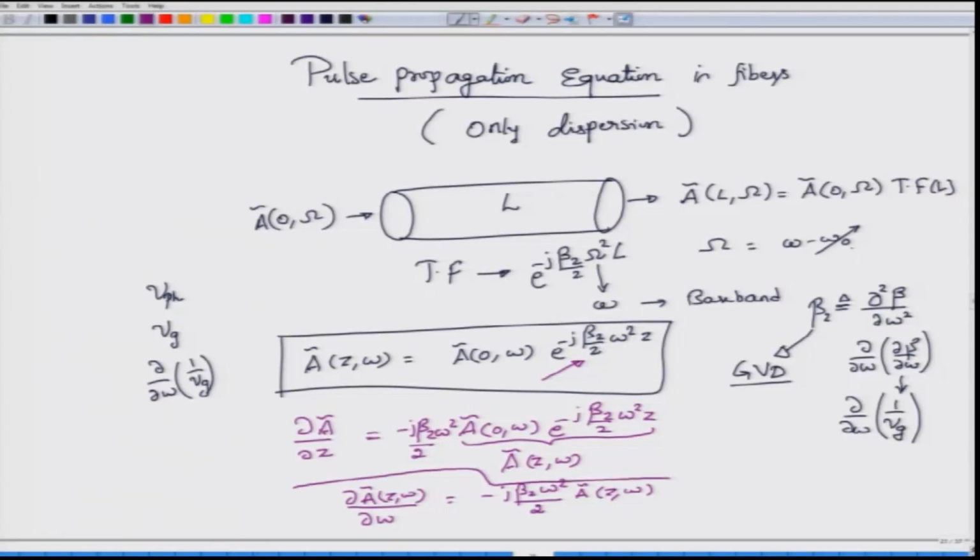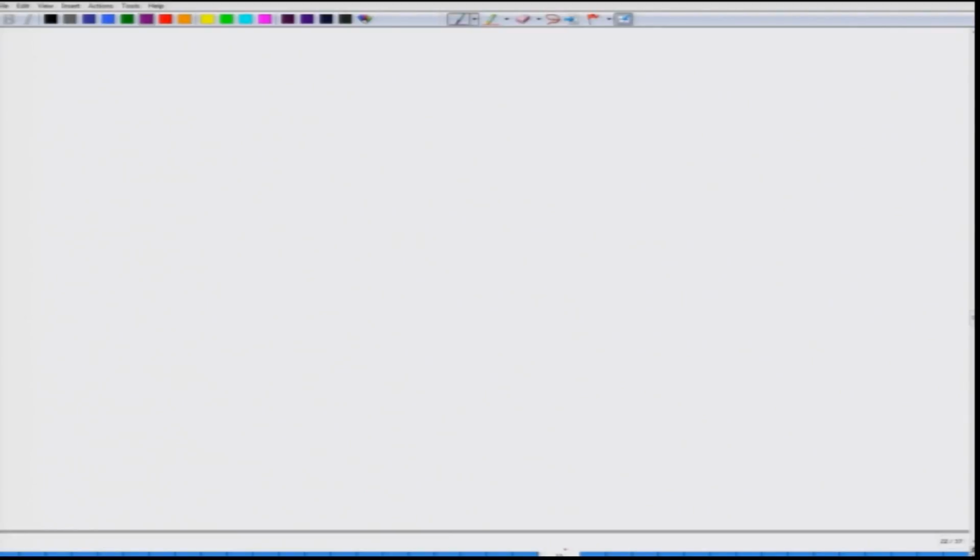So, this is a simple linear equation, and if I go back to the time domain by taking the inverse Fourier transform, then I will obtain the following. I am now using the small a to denote the inverse Fourier transform of the capital A envelope. So, I have del A by del z, just taking the inverse Fourier transform of the previous expression, and this should then be equal to j beta 2 by 2 del square A. Of course, I have to use partial derivatives because my pulse envelope A depends on z and t. Okay. So, this is what you obtain.